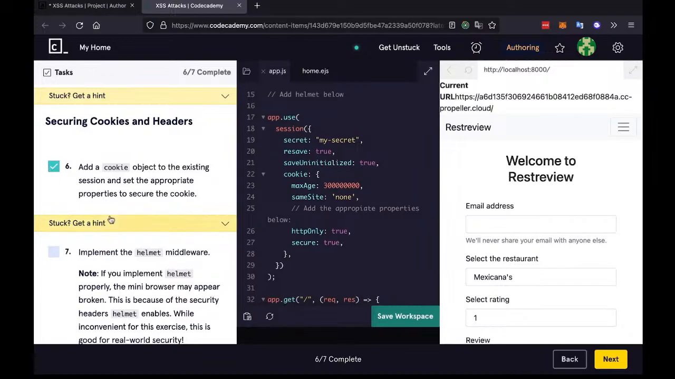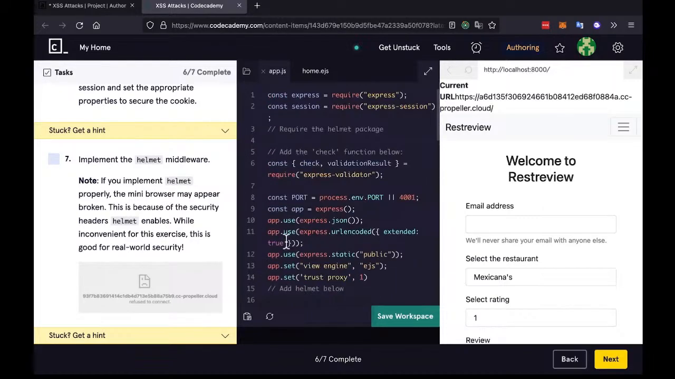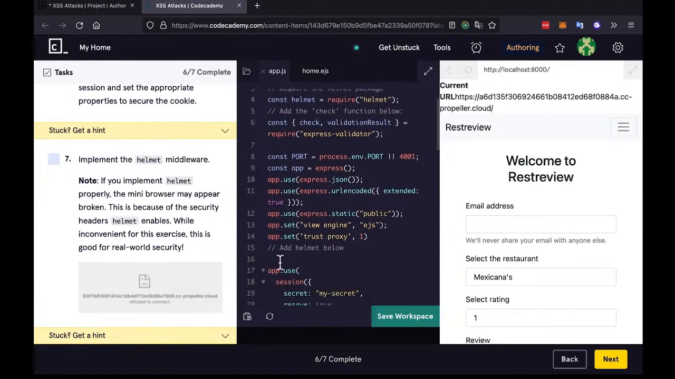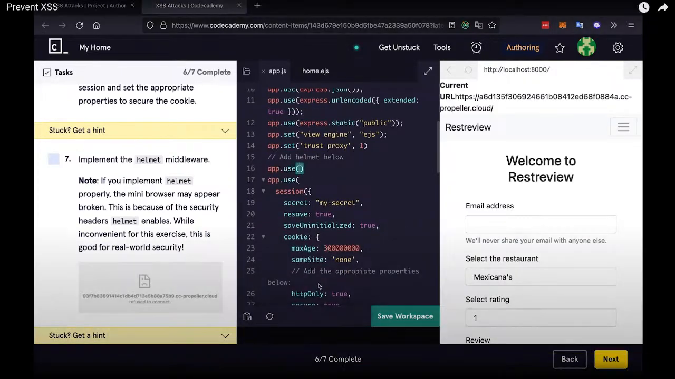Okay, let's move on to the last step here, where we'll be implementing the Helmet middleware. So now, in order to do this, we simply require the package. It's already installed in your package.json file. So all we need to do is do const helmet equals require helmet here. And in order to actually use it, we simply can add it here above our session by using app.use helmet,